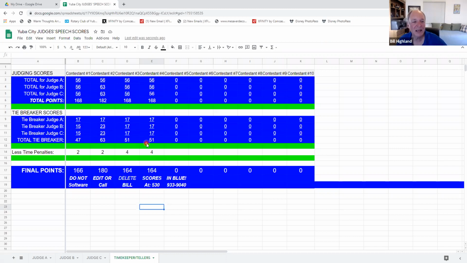So let's say that we've got two people here at 164, and let's say that they were both in second place. What you would do is go up here, and because we gave them exactly the same scores, they ended up with the same tiebreaker scores too. And if one of them had 4 minutes,